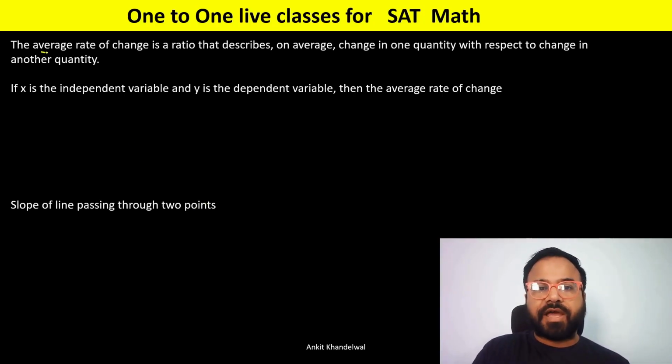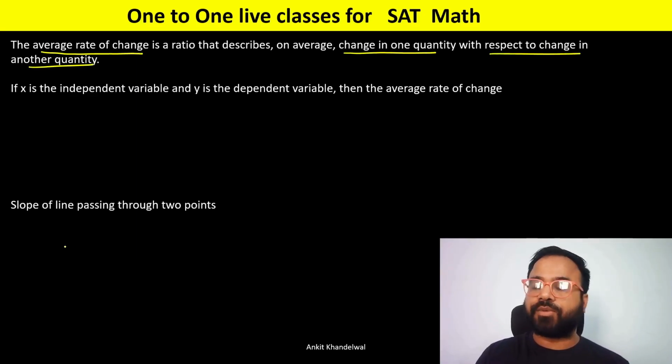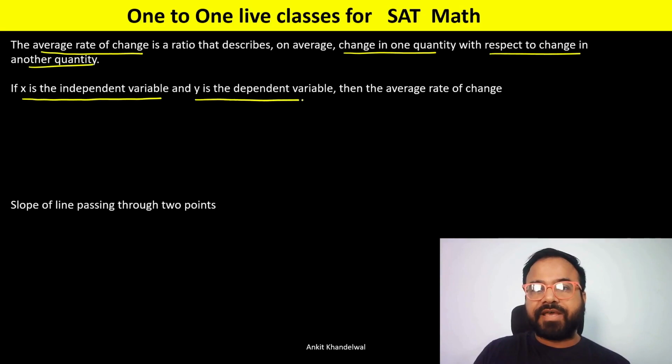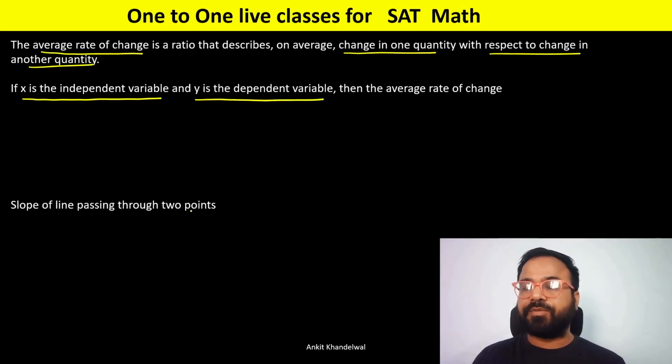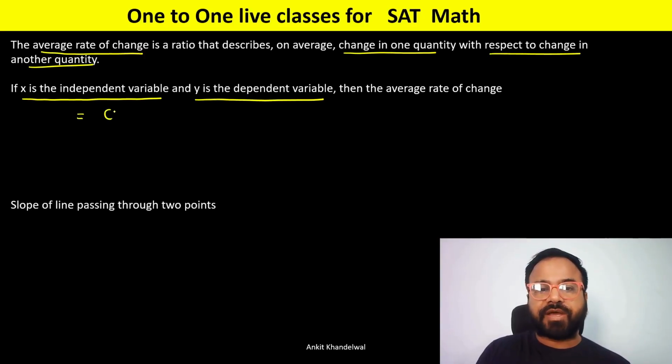When we say average rate of change, it is the ratio of change in two quantities, like change in one quantity with respect to change in the other quantity. Generally, in functions, x is the independent variable and y is the dependent variable. When we give some input as x, we get some output. So inputs are the independent and outputs are the dependent variable. Then the average rate of change is given by